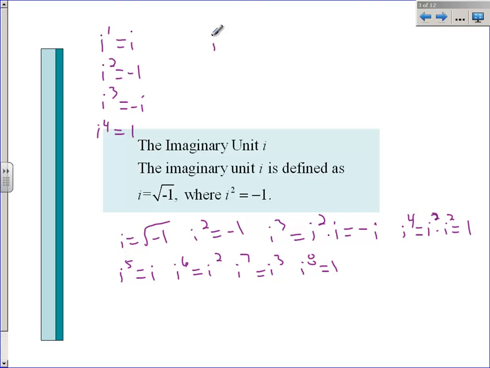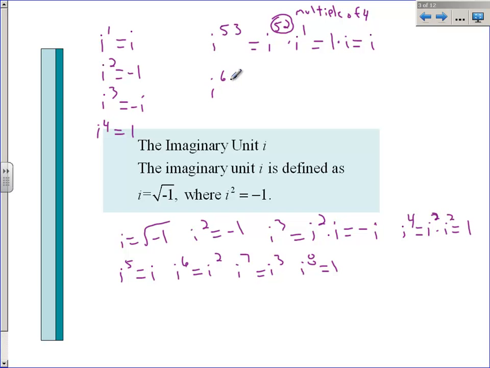So for example, if I had i to the 53rd power, this is the same thing as i to the 52nd times i to the first. Now why do you think I would pick a 52nd? Well, 52 is a multiple of 4. And i to any multiple of 4 is going to be 1. So this is the same thing as